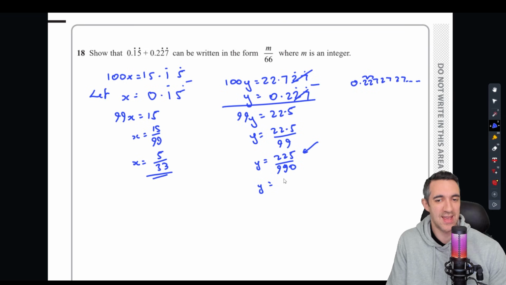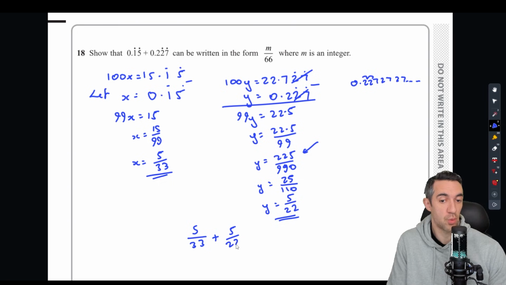225 divided by 9 is 25, and then 990 divided by 9 is 110. And then I can go a bit more because I can divide everything by 5 to get 5 over 22. So then 5 over 33 plus 5 over 22